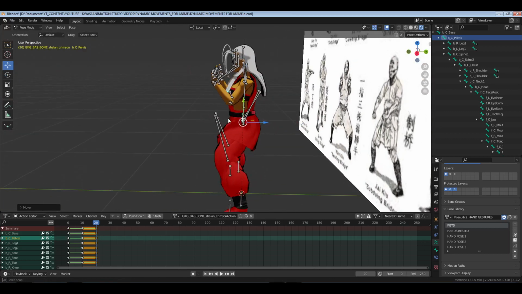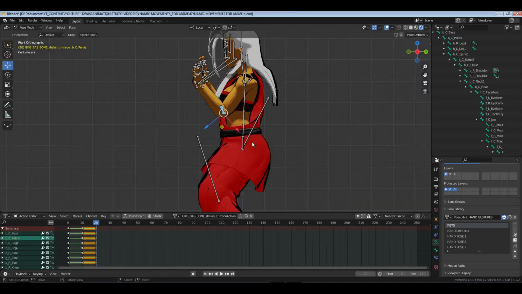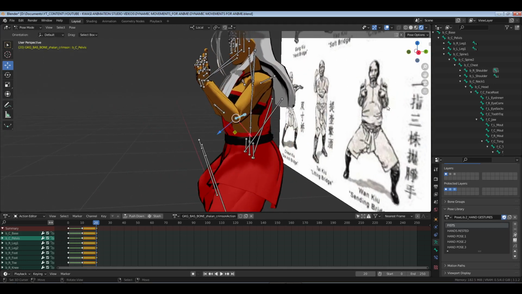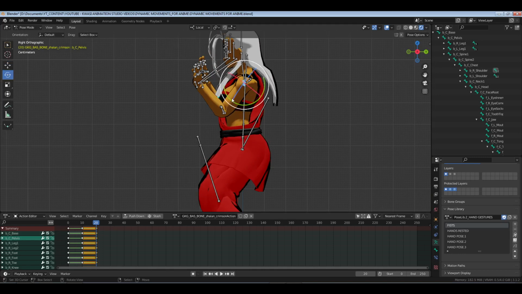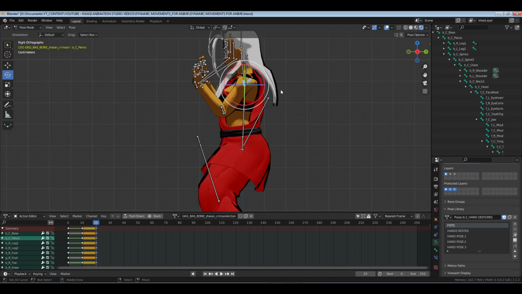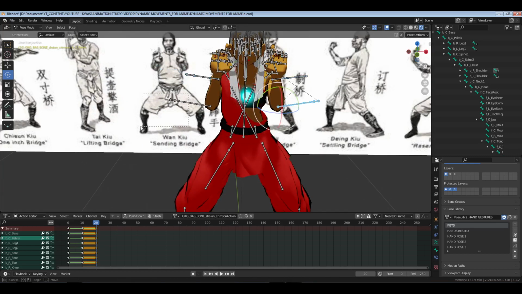Okay. So I feel like this one is still wrong. So I think I want to push it out because I know it's almost straight. So I'm thinking that this is not really tucked, but it's straight because you can't see it. So the arm is actually out some. So I'm gonna fix that because I know that position, and that's just really not what that position looks like. Hold on, let me go back. I'll move them at the same time. Go global. All right, push them out, and then